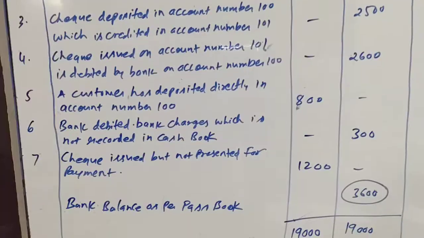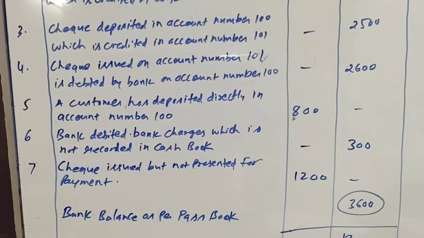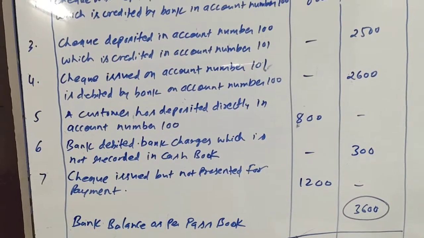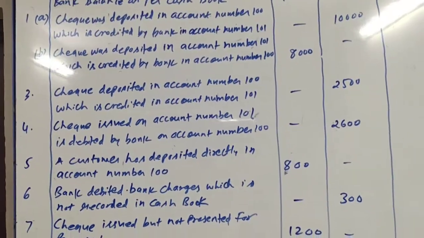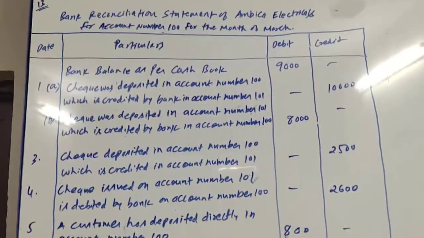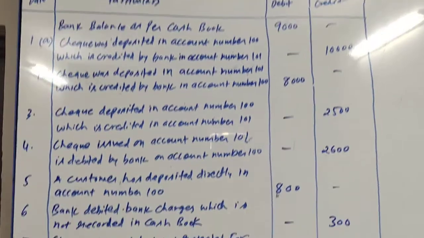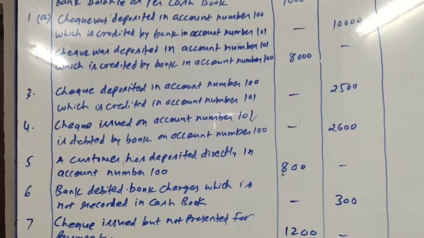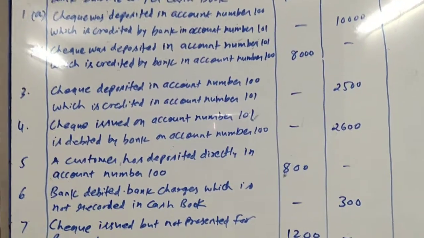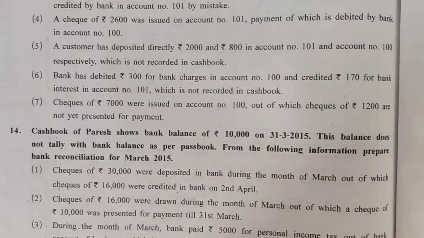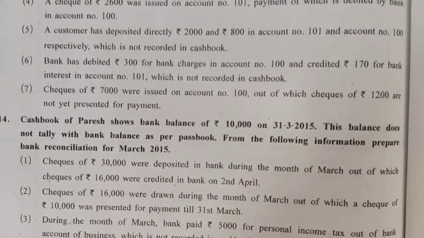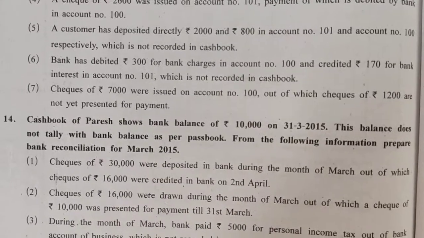So here it is. Sixth one, bank debited bank charges which is not recorded in cash book. So we will be writing at the payment side, at the credit side of BRS, because it has not been credited in our cash book. So we are crediting here. Okay. Next, which is the last one,